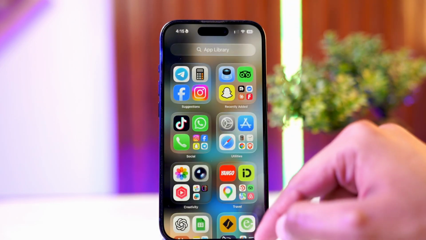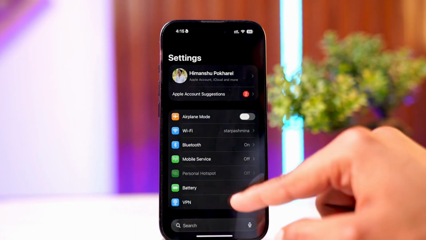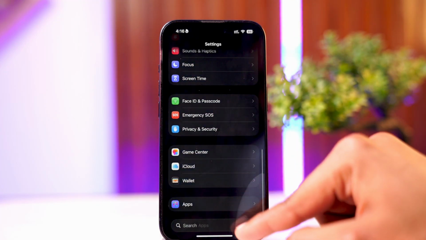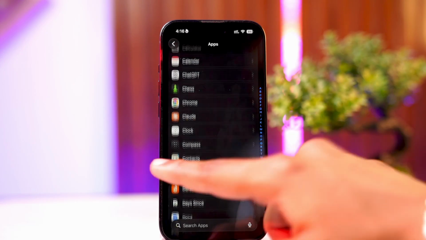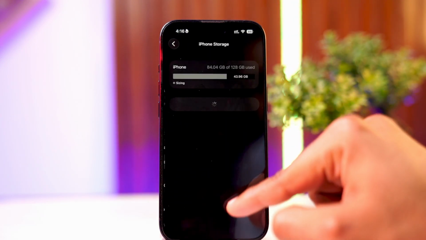The other thing you want to do is simply go ahead and clear the cache of the application. In order to do that, simply go ahead and open your settings. Once you've done that, you want to simply go down to your apps, and then you can simply go ahead and look for Instagram, or the better way to do it is going to be inside of general iPhone storage,